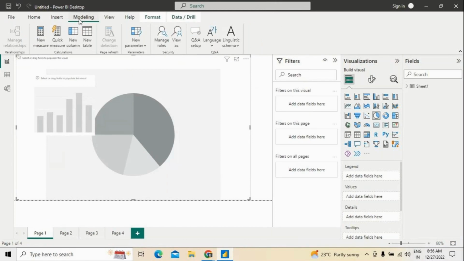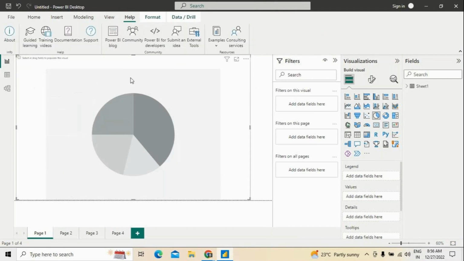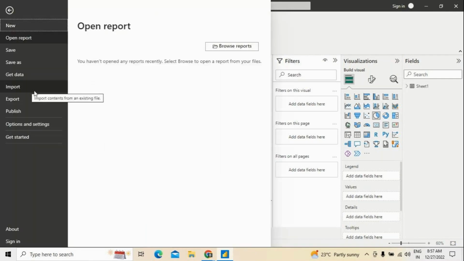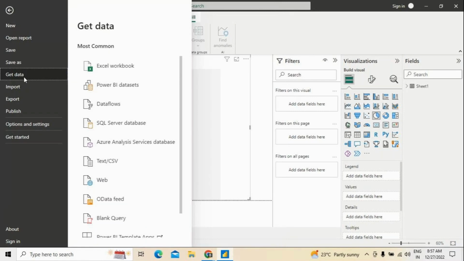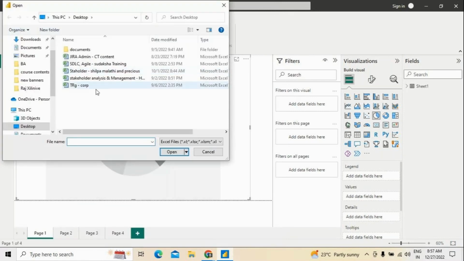What is that we are going to do? At the same time, there is an option where you can transform the data as well, because of whatever we have done so far and whatever I have shown you about how you need to load the data, and how these pages can be seen. That's what we have seen. At the same time, if you want to get any kind of data, for example, let's say that